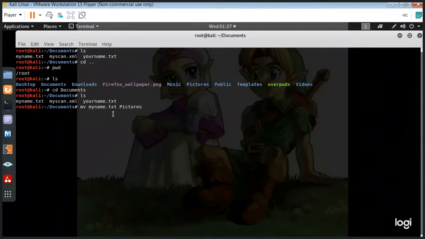It's going to rename myname.txt right there to pictures. And when I say move it to pictures, it means move it to a name that is pictures. So what it's going to do is actually rename the file, unless you specify a legit location. And so what we can do is type in the